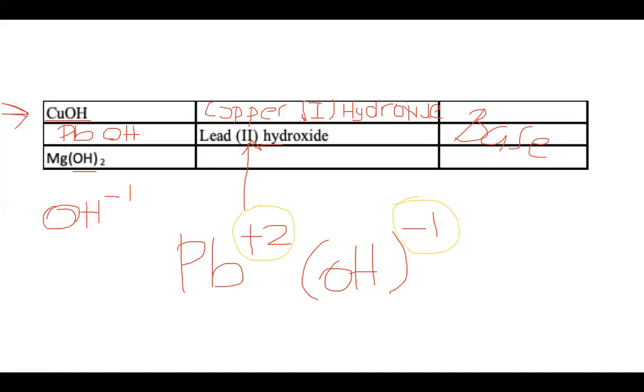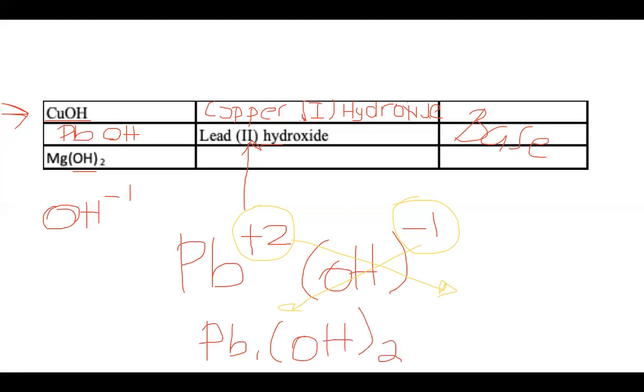Since in this case +2 minus 1 is not 0, what I will do is cross the charges. I will pass the number, not the sign, to the corner of the other element. So in this case, this 2 will go here, and this 1 will go here. So my final formula will be Pb 1